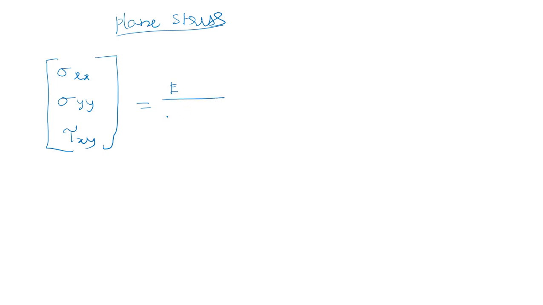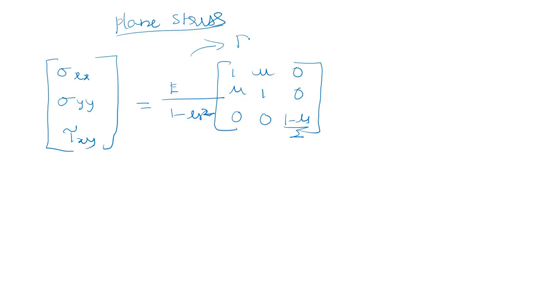Young's modulus divided by 1 minus mu square, multiplied with the matrix 1 mu 0, mu 1 0, 0 0 (1 minus mu) by 2. I think you can recollect this. This is the D matrix, the material constitutive matrix, multiplied with